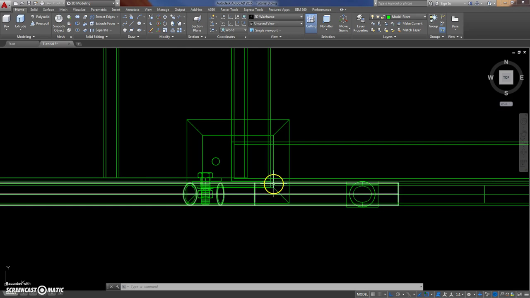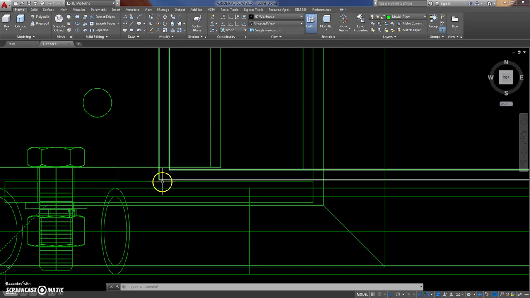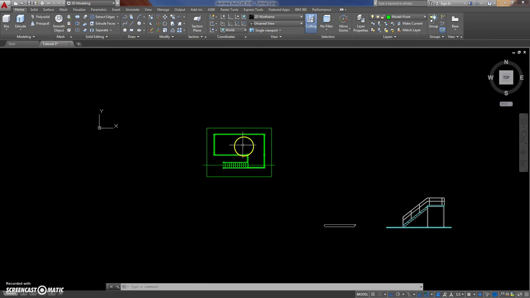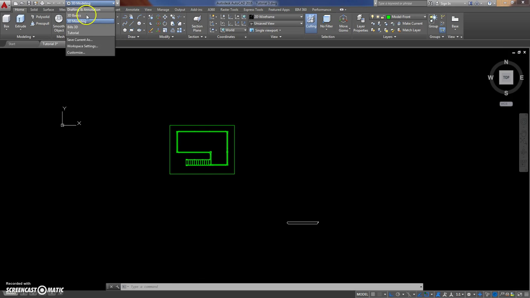Also, you notice that I have been a naughty boy just down here because that is just slightly off, about 1 millimeter off the edge of that RHS there. Okay, well, I'm going to delete that and delete that,